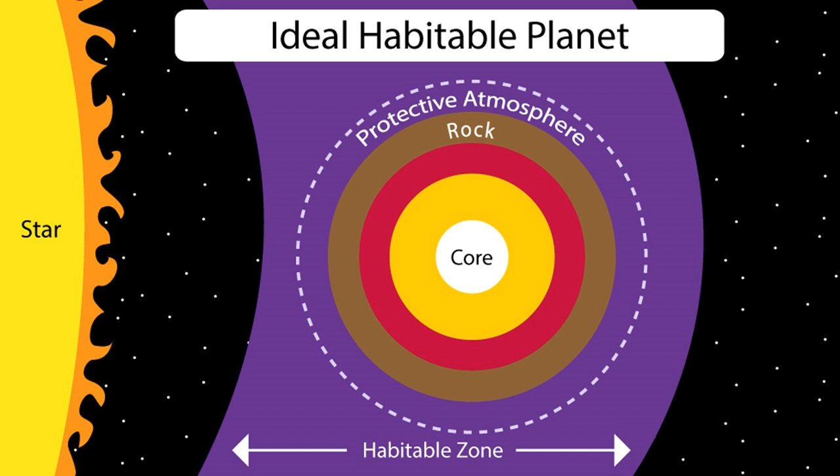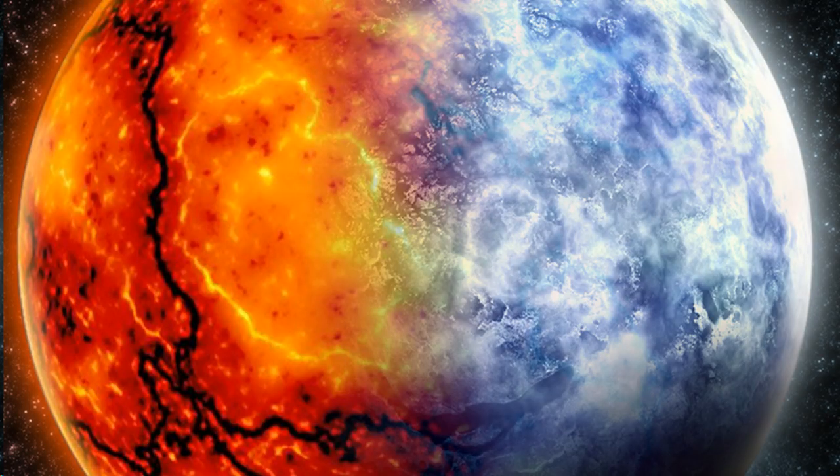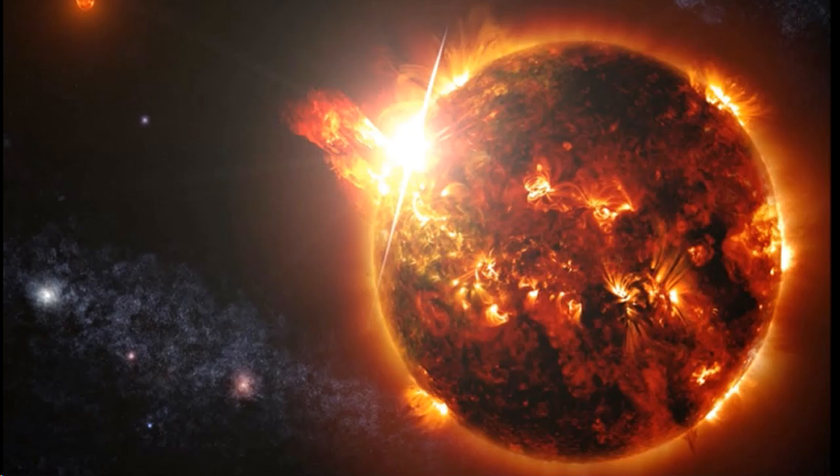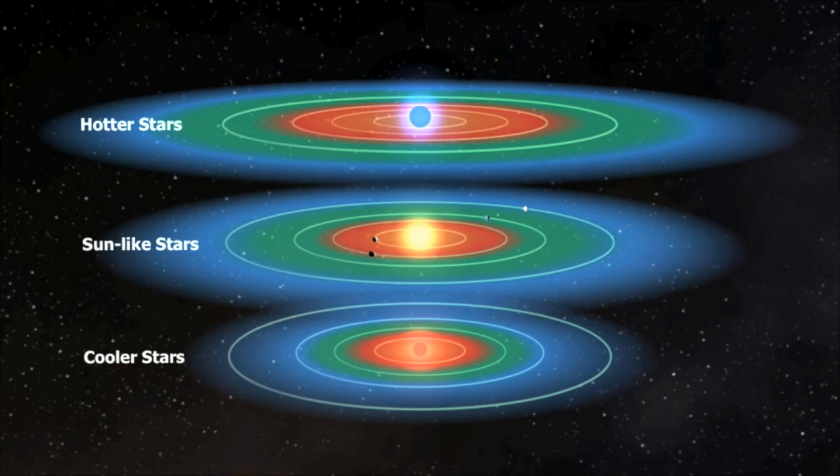A star smaller than half the sun's size emits more red and infrared light. An exoplanet orbiting in that star's habitable zone would quickly become tidally locked to the star, with one hemisphere too cold and the other one too hot to support life. These red dwarf stars can also produce extreme flares that emit harmful X-rays and particles that can destroy a planet's atmosphere, oceans, and possibly any life. Basically, for low mass, cool stars, the region is closer to the star, and for higher mass, hotter stars, the region is more distant from the star.